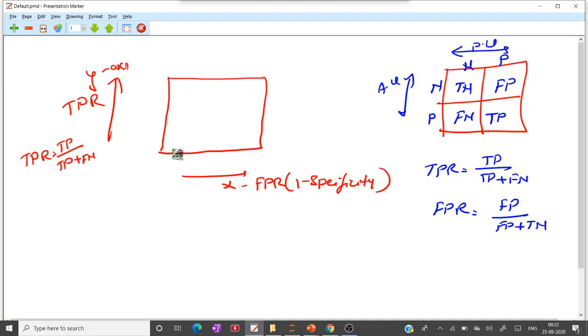So here I am considering the values 0, 0.2, 0.4, 0.6, 0.8, 1.